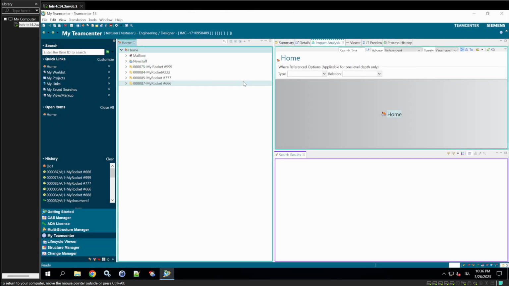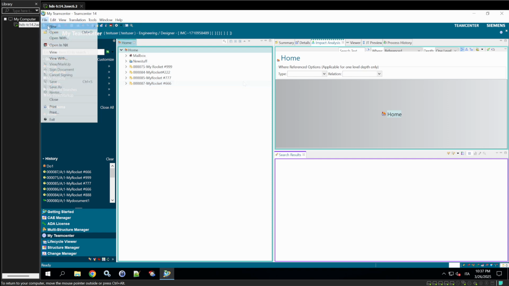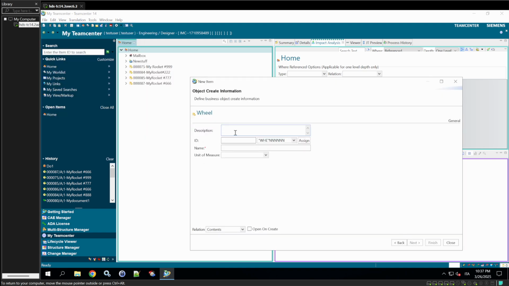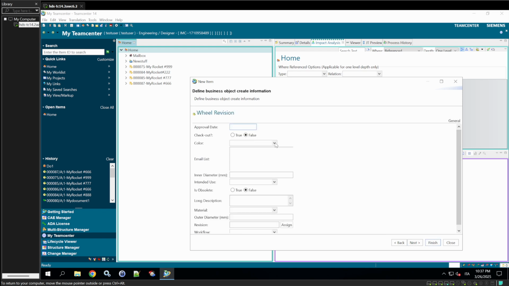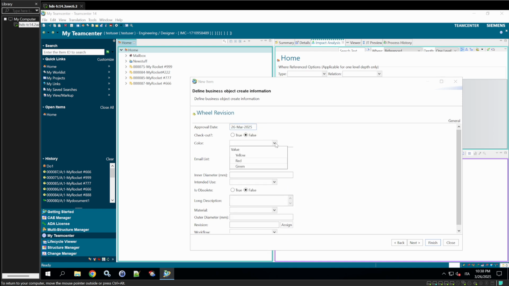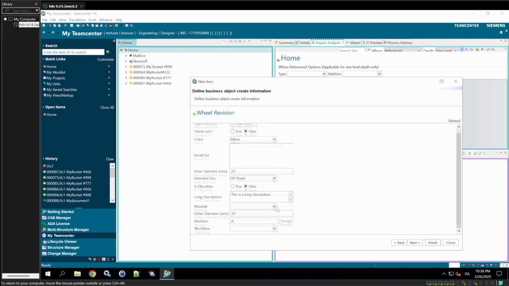Now, test the changes in Teamcenter. Log in to the Rich client as a test user who has limited permissions compared to the infodba user, representing a typical end user. Create a new item, wheel, with the description, "This is the latest version of the wheel." Click Next and complete the values. Set the date to the 26th of March, color to yellow from the batch LOV values, inner diameter to 25, outer diameter to 26, and intended use to one of the original batch LOV values.